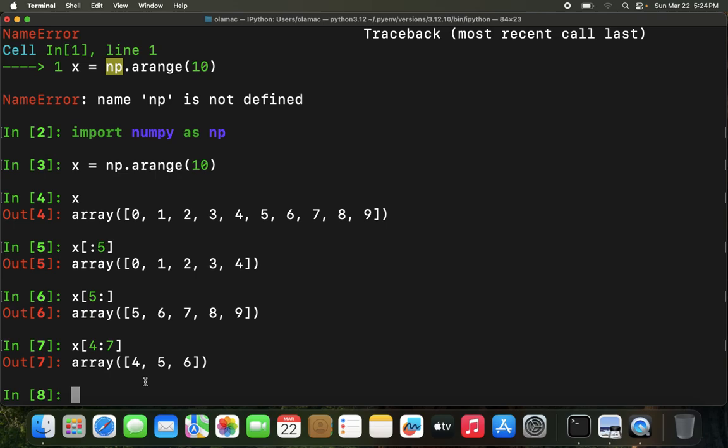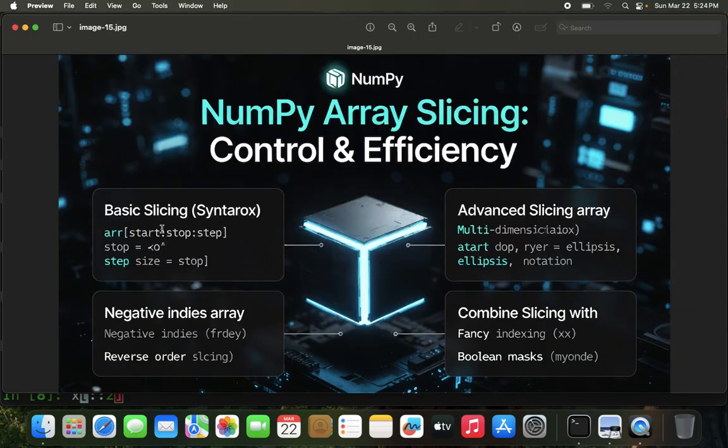Let's do one more. We can also do X, and let's do this, and this. So this is stepping by 2, all elements from the first index. So this is, what is it called? Every other element that we step by 2. So remember, what is it? Our,